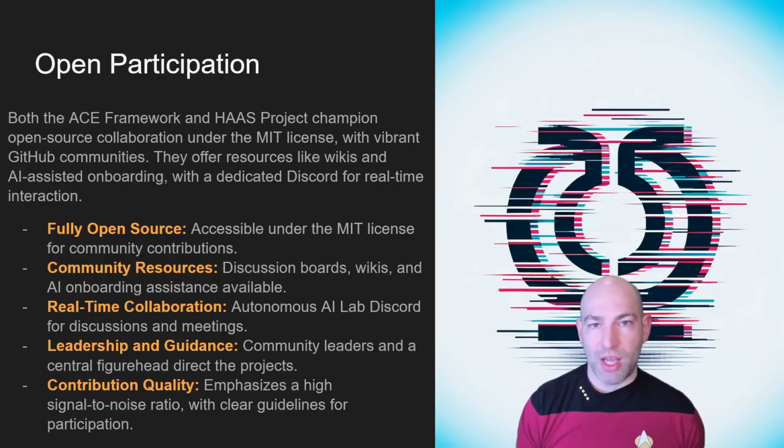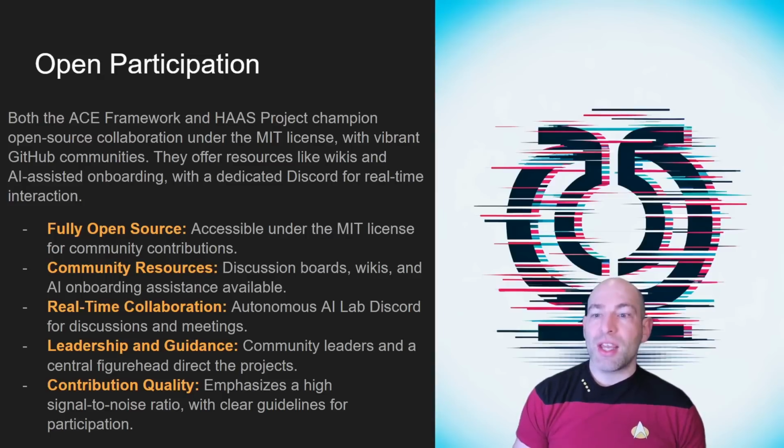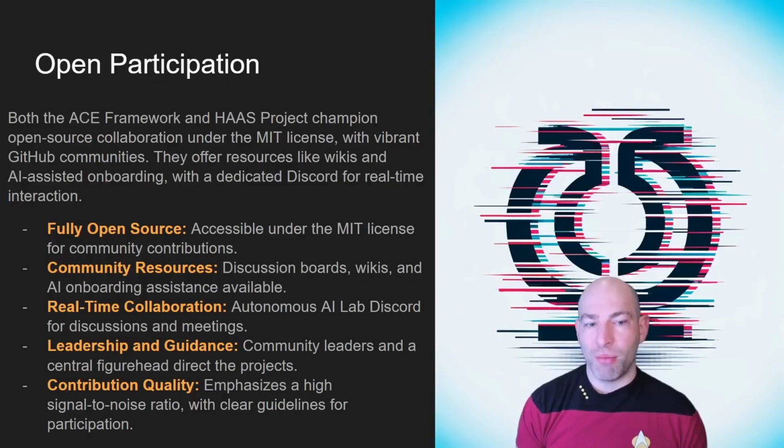We've already got some community managers set up, so these are the folks that are leading the charge on the coding efforts. It's completely open collaboration. I do have a contributing document as well as a code of conduct, so make sure you check those out. But yeah, go ahead and jump on in and start contributing and collaborating. The one thing that I will say is that because it is fully open, the number one signal that I'm optimizing is increasing the signal to noise ratio. So don't add superfluous noise, and everything will be fine.